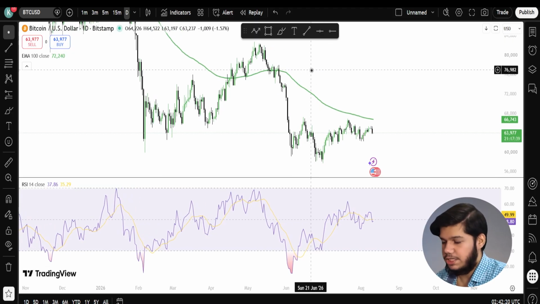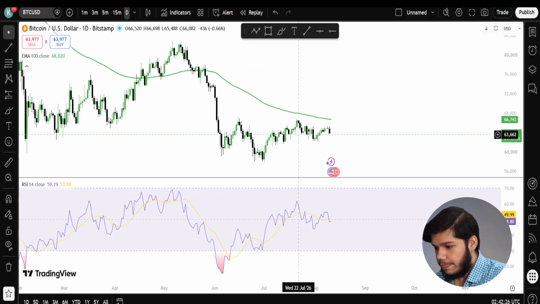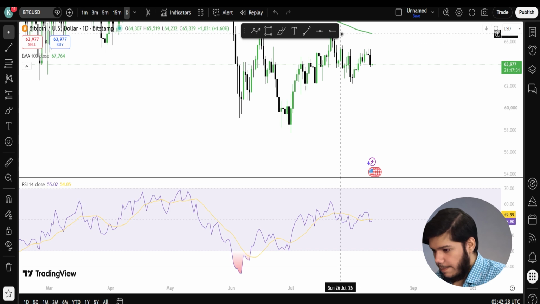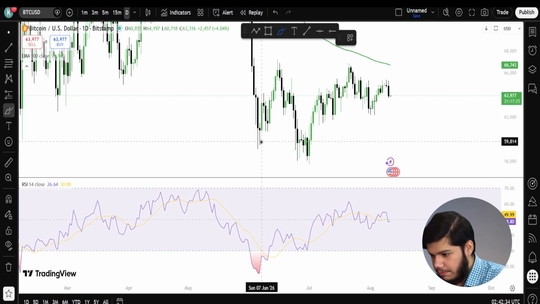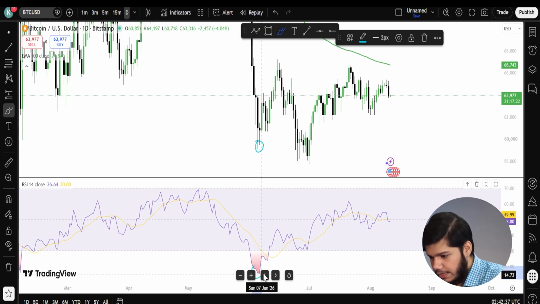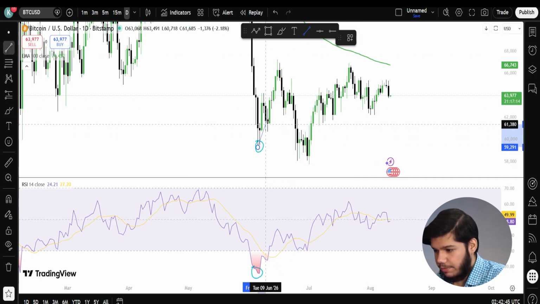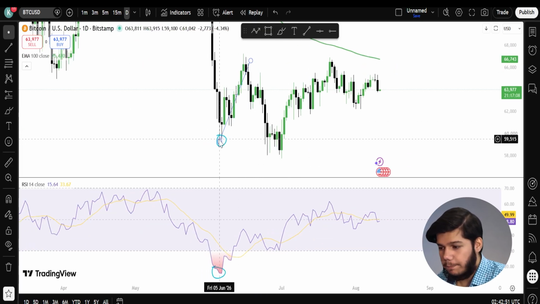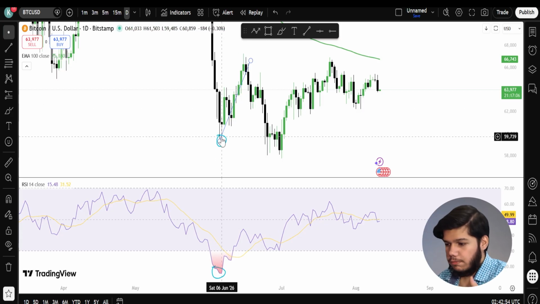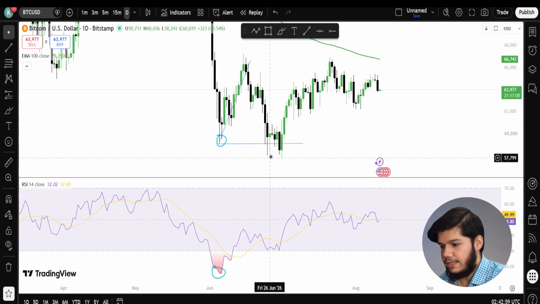Neither of them can guarantee you profitability, but there is lagging in indicators as well. If you see right here, the RSI was at its most extreme downward point. Let me mark it at this low. The RSI shows an extreme oversold region, which told us to buy from here till here. But then again, according to the RSI, this was the most bottom region. The price couldn't go much lower than that, but eventually we got the price much lower than that, eliminating